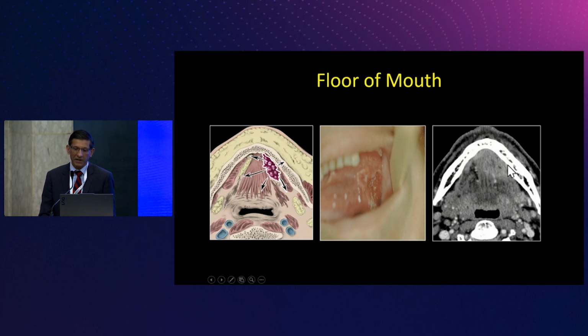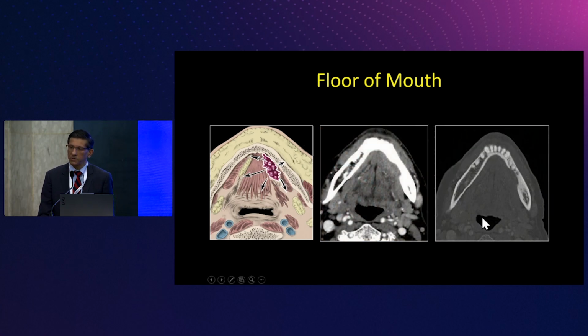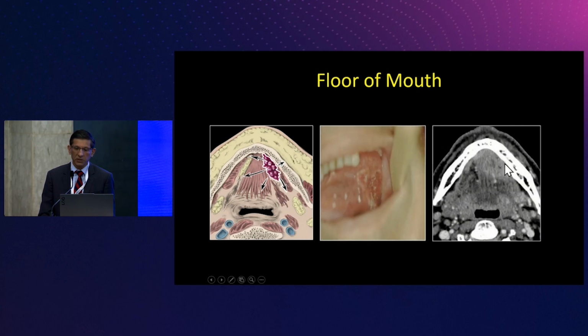But on the opposite side, notice how those stripes are completely gone. And what you see here is this mass right here, which is completely obliterating the stripes. So what I would say in this case is I would measure this floor of mouth carcinoma, talk about the width of it, and whether it crosses the midline, and it doesn't. But more importantly, there's no bone erosion. So this is a tumor that can be treated with an intraoral approach.